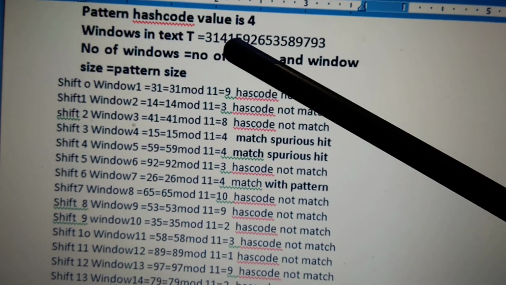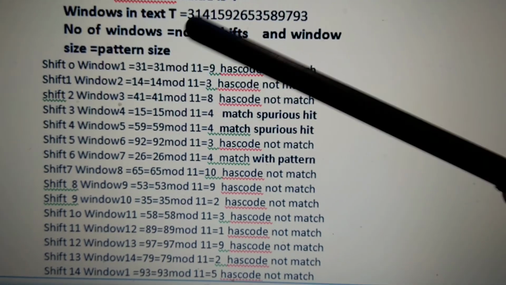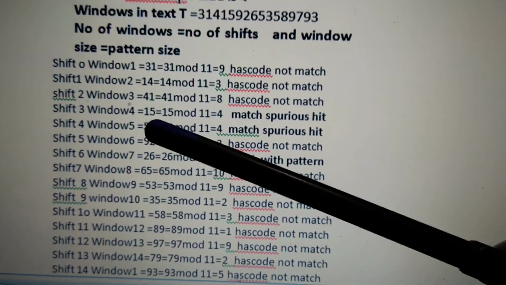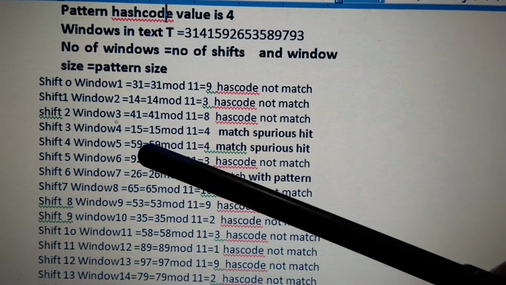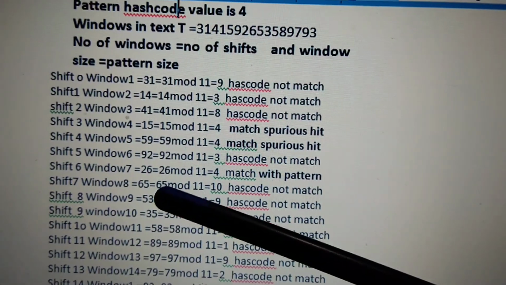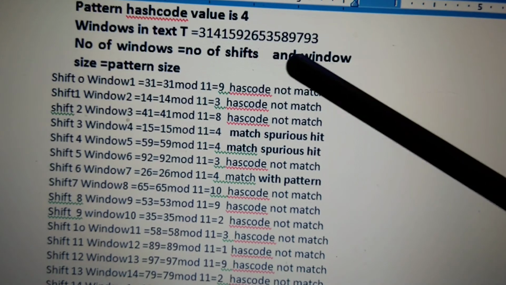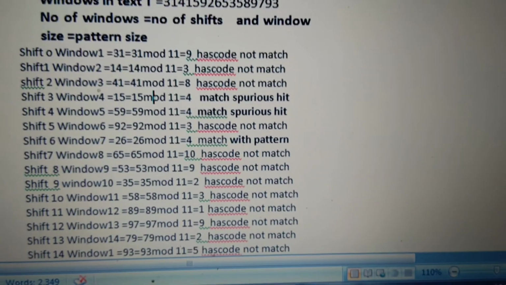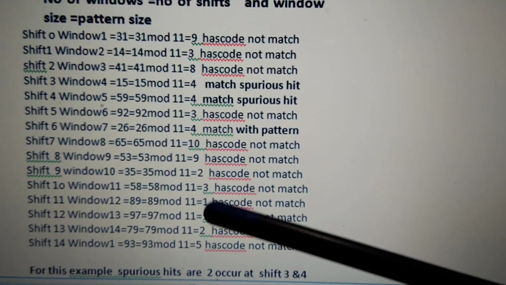The windows are 31, 41, 14, 41, 15, 59, 92, 26, 65, 53, 35, 58, 89, 97, 93, selected up to the last 93. Like that we have 14 windows, and these are the hash code values of all the windows.